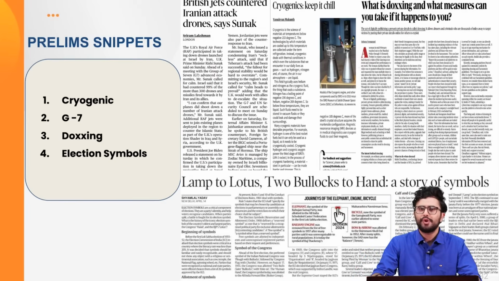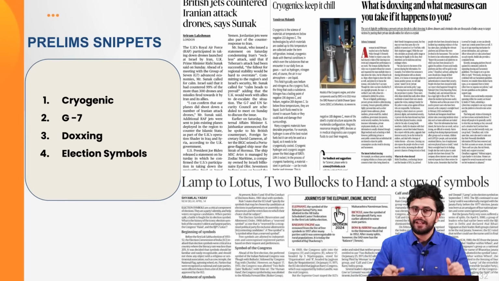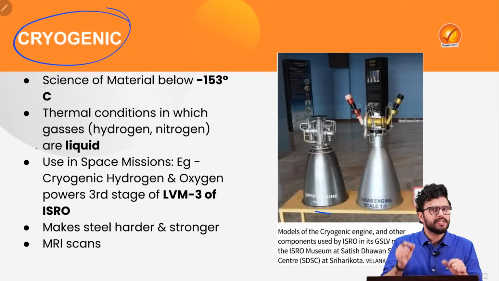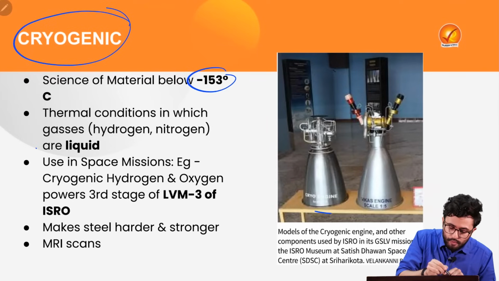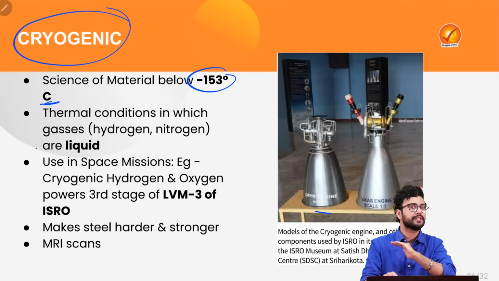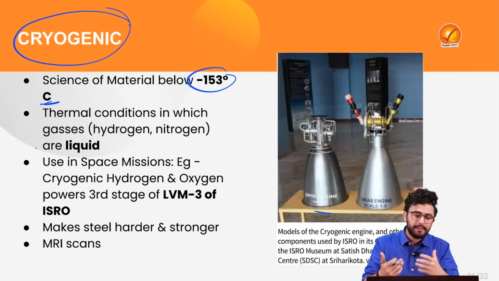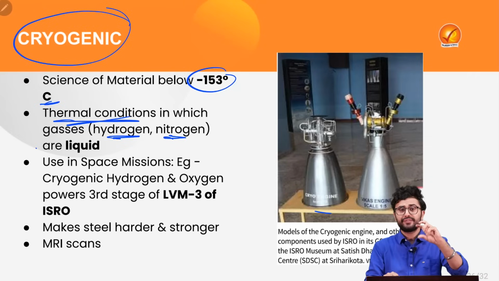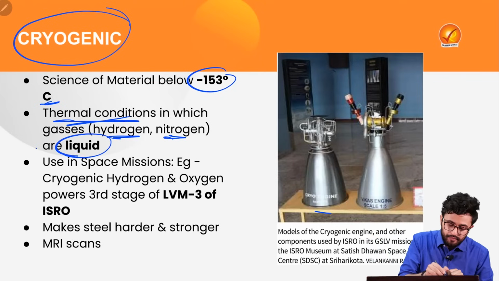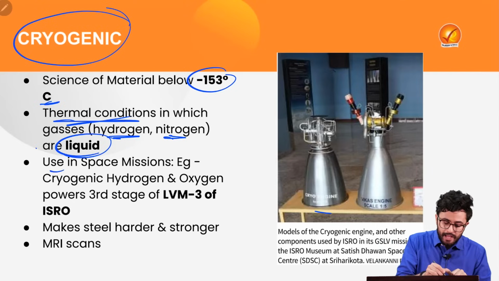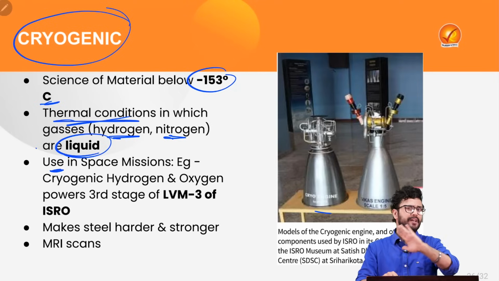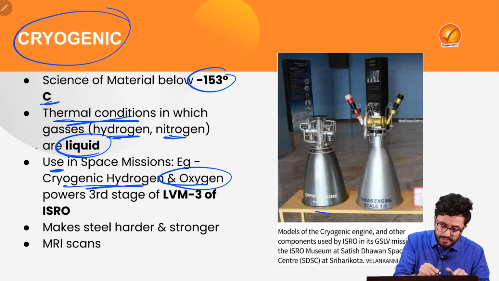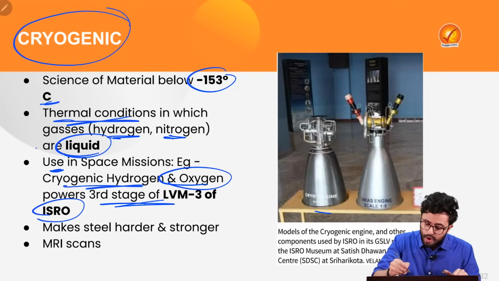In this particular section, we are going to cover some important news snippets which are very relevant for your upcoming prelims examination. The first of which is cryogenics. Cryogenics is basically the science of materials below minus 153 degrees Celsius, which provides thermal conditions in which gases such as hydrogen and nitrogen, which have very low boiling temperatures, remain in the form of liquid. Cryogenics has a lot of use in space missions and provides several potential benefits. For example, cryogenic hydrogen and oxygen power the third stage of the launch vehicle 3 of ISRO,